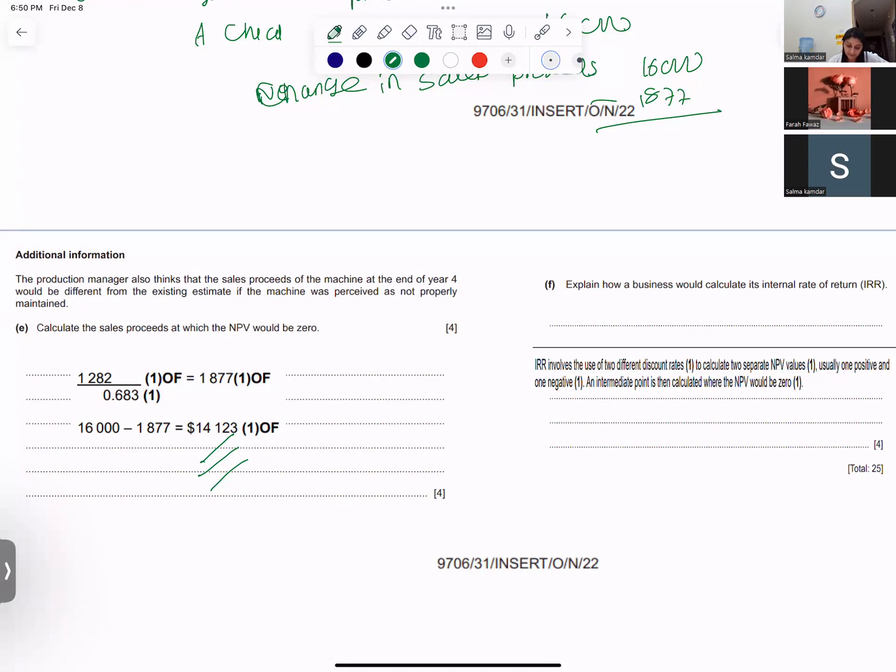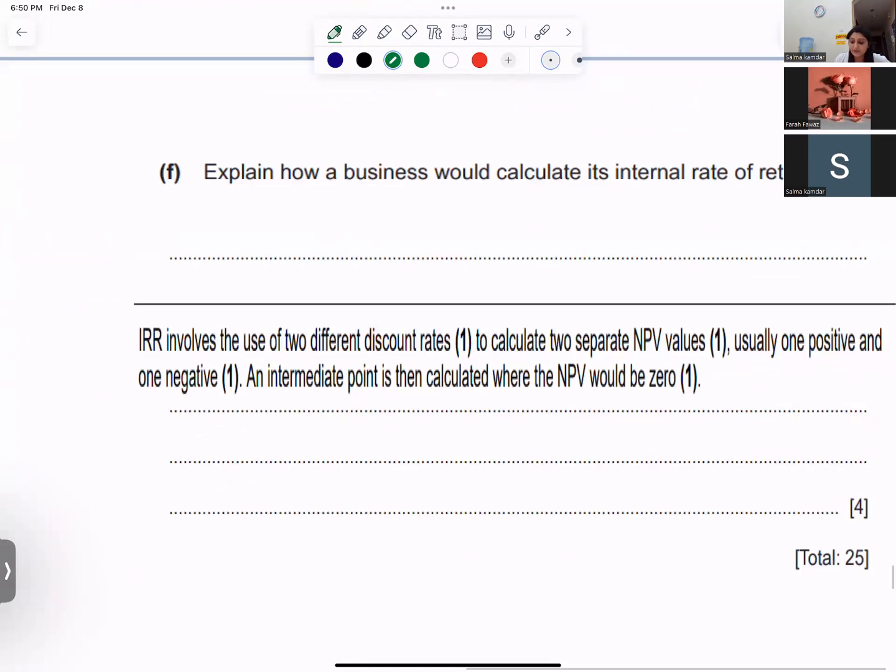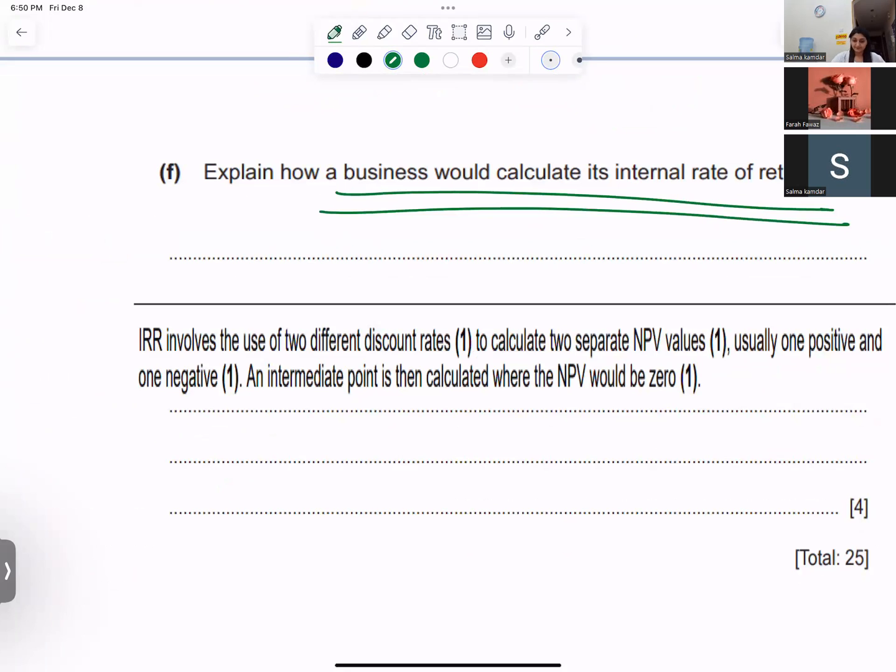Okay, understood now. Explain how a business calculates IRR. The formula? What is IRR? You can write the formula of IRR. IRR is that rate of return at which your NPV is 0. You take two discount factors, one which will give you a positive NPV and one which will give you a negative NPV. And then you can write the formula. Okay. So this completes the